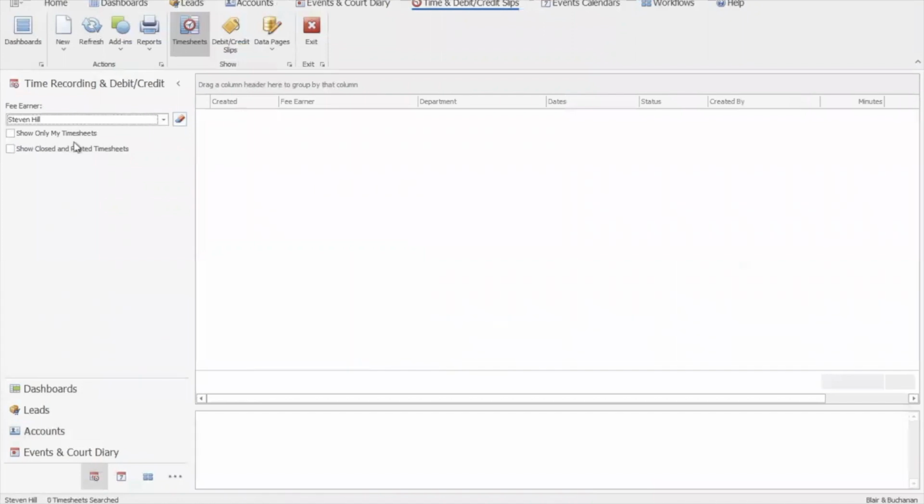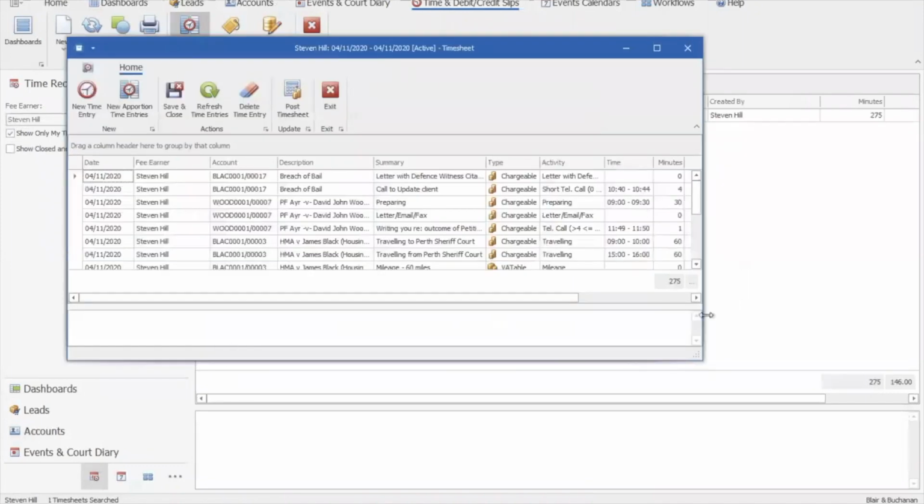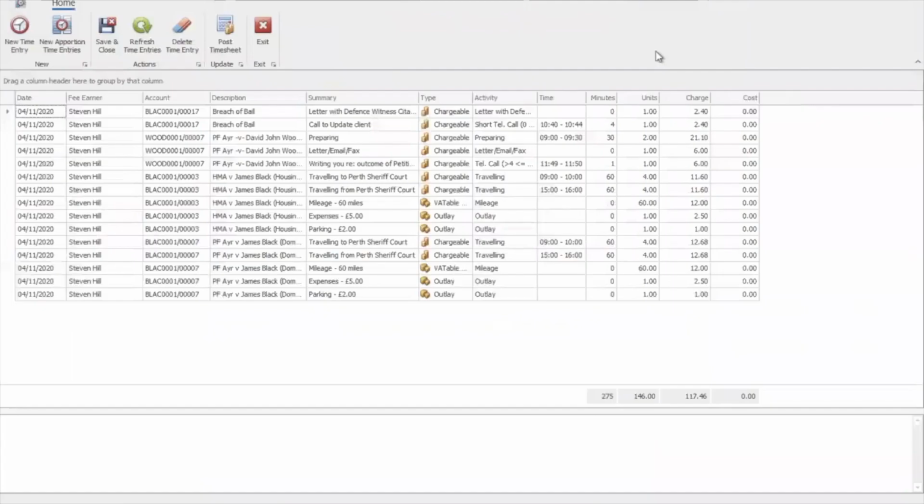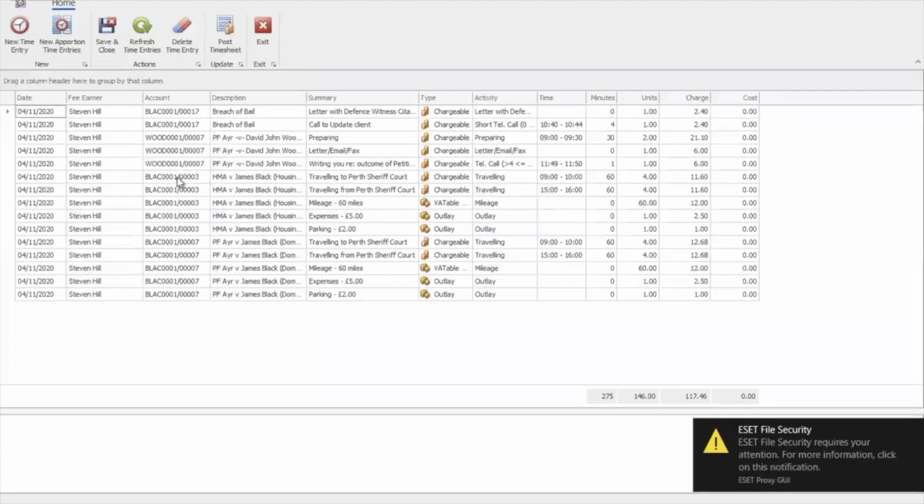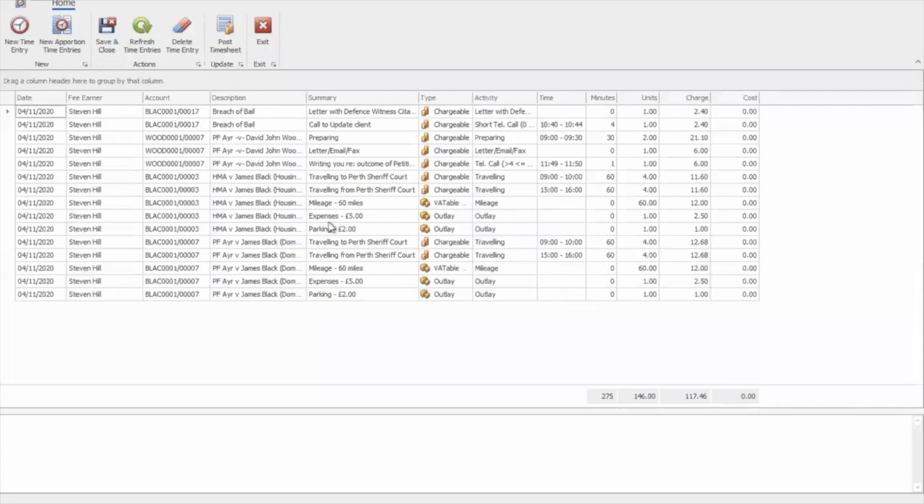and show just my timesheets, you see I've now got an active timesheet which we were looking at today. So if I just maximise that window, we had the ones that we've seen on the mini sheet in there for this morning, so the Black and the Wood, and then you will see all the information for those 10 entries, so 5 for each client, are now appearing on my timesheet to be posted,